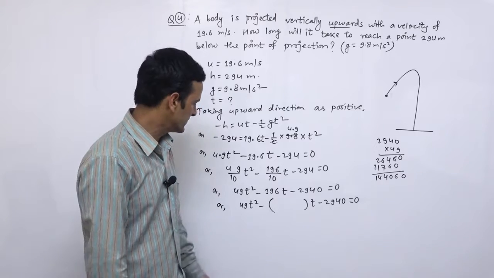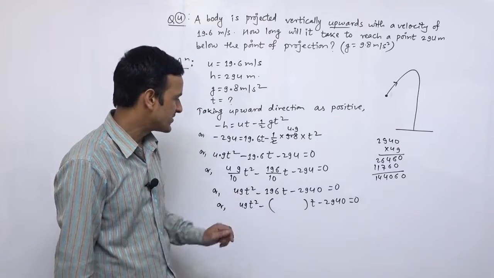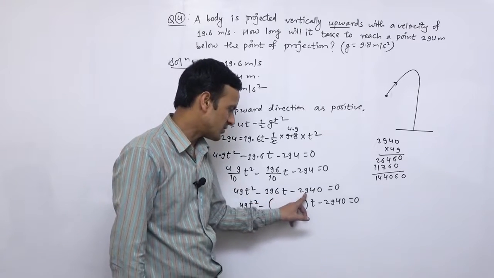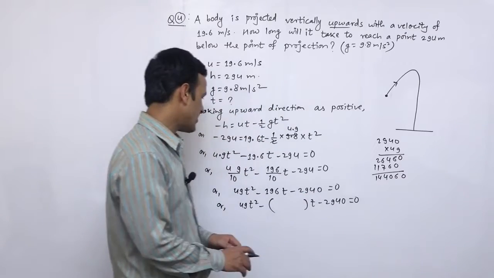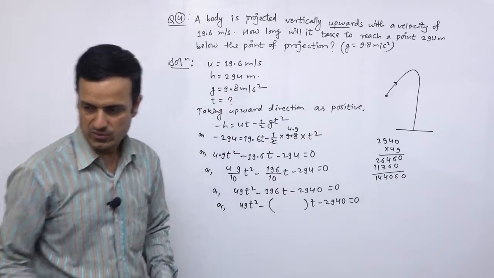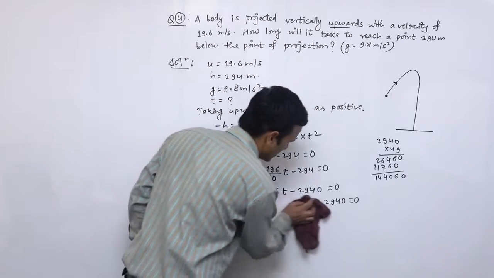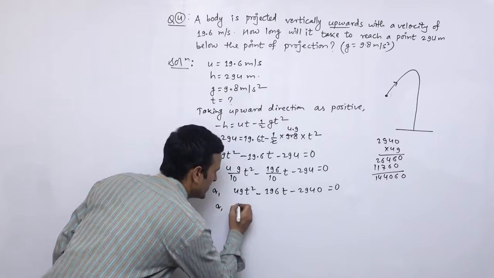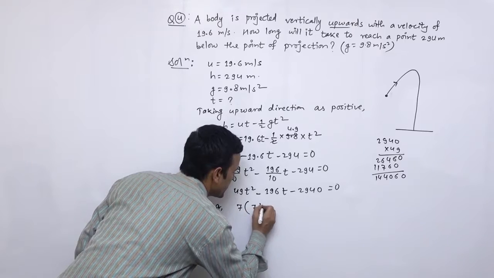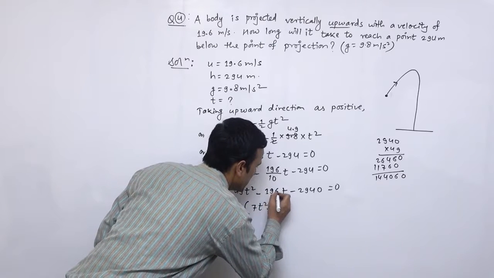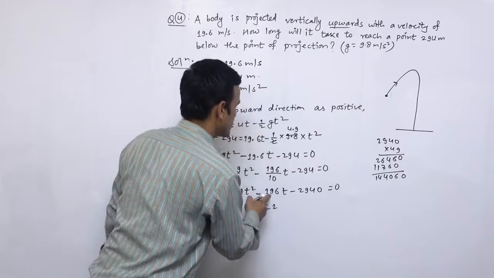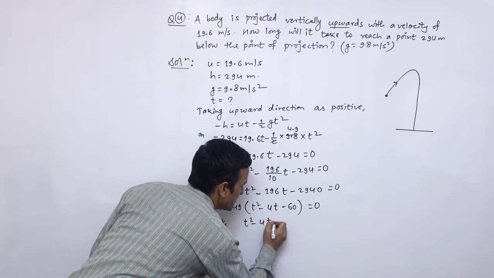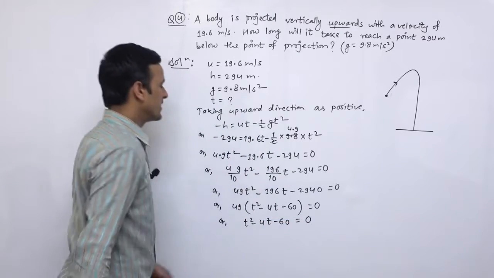So we can write down after factorizing this one. So 7 7s are 14, 7 8s are 56, 7 4s are 28, 7 2s are 14. So we can take out the 7 common. So let's write down this one. If you take common 7, 7 7s are 49, 7 2s are 14. So we can remove this, and we get t square minus 40 minus 60 is equal to 0. So here